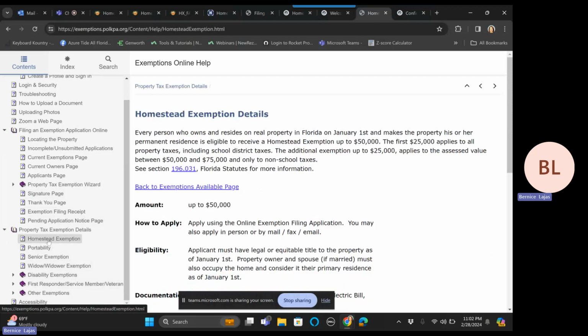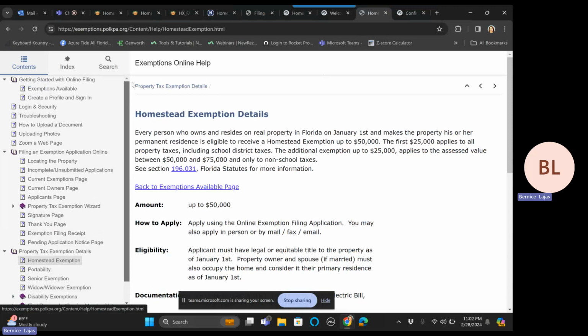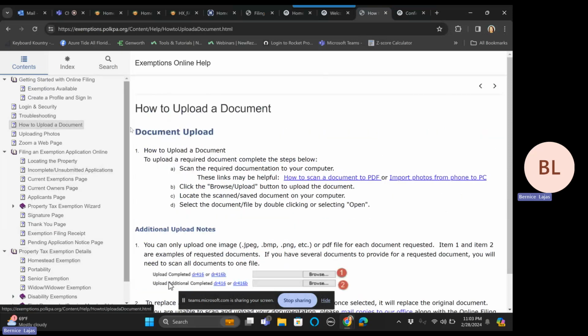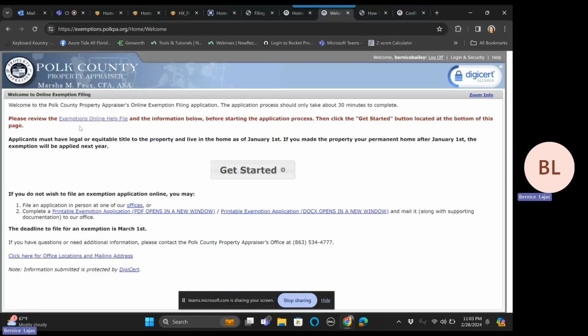There's a lot here on exemptions, lots of questions, and it tells you a lot of information. If you want more information, or you have questions and want to look at troubleshooting or frequently asked questions, all of that is inside that help screen. Okay, so that was the exemptions online screen. So here's how to get started. What you need